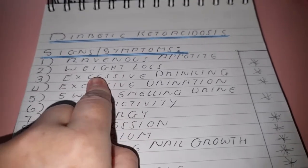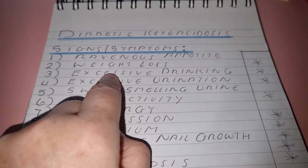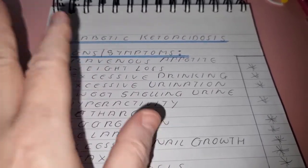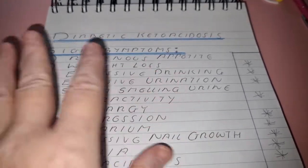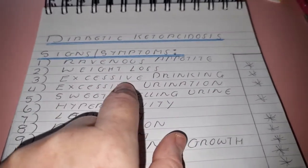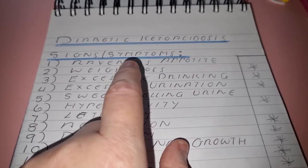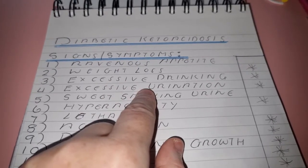Now, how to do the sample: put them in a clean carrier with nothing in it. Leave them there till they do a wee in it. Then take them out real quickly so they don't stamp in it. The bigger the carrier, the better, so you can get them out easier. And then when you've taken them out, you quickly scoop it up with a syringe, put it in a sterile bottle,